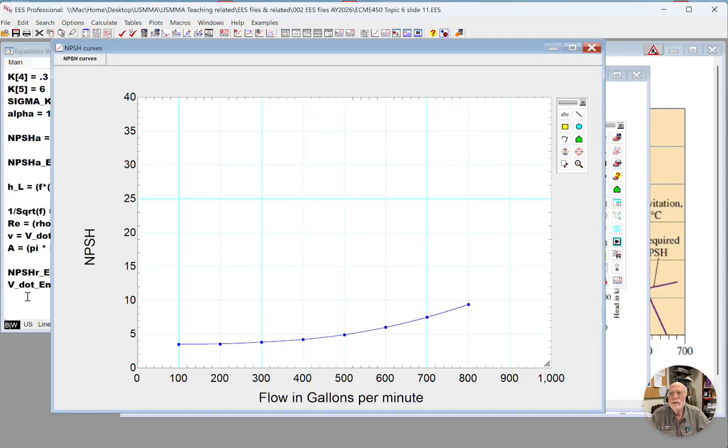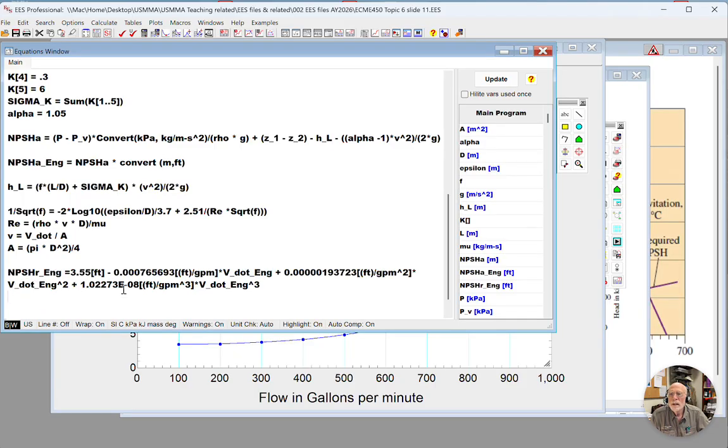So the next thing we need to do is paste in the value that we copied. It'll paste in as y equals, so y is NPSHR. I think at one point I rounded this off to 3.5 feet, and then I left the rest of them in, but it's feet. You have to put your units in though. So this many feet per GPM, this many feet per GPM squared,